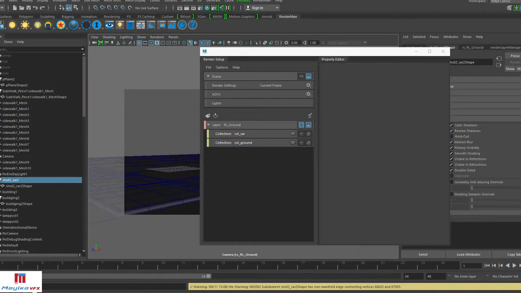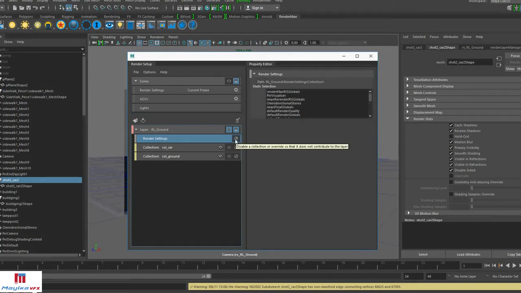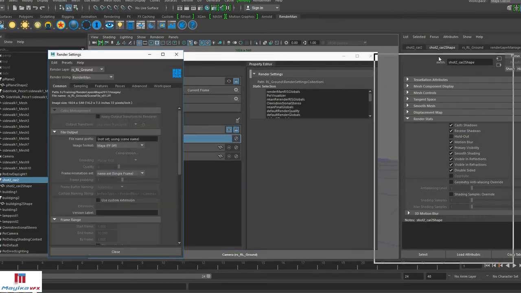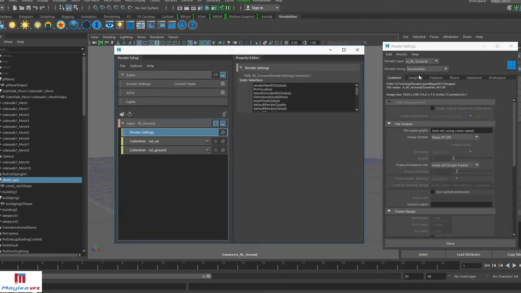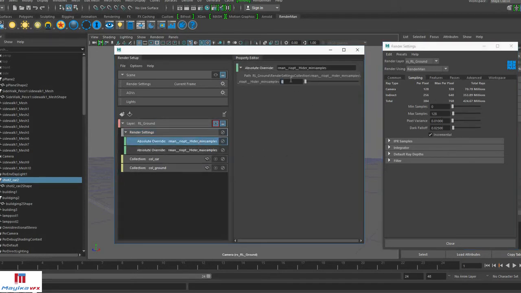Similarly, we can override render settings as well on a per layer basis. So we can drag and drop this render setting on our render layer. It will create overrides, and this is to switch on and off the overrides. If you double click on this one, you get the render settings tab here. Whatever render settings you want to override, you can right click and say absolute override. It will add up in your render layer, and you can adjust them.